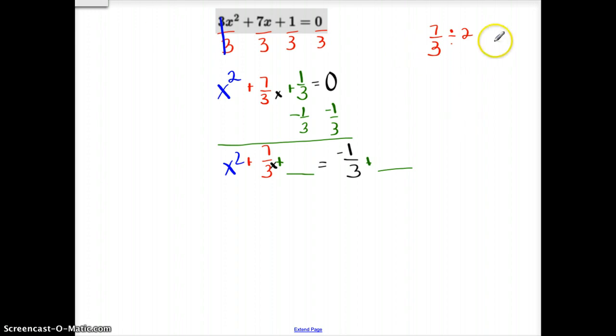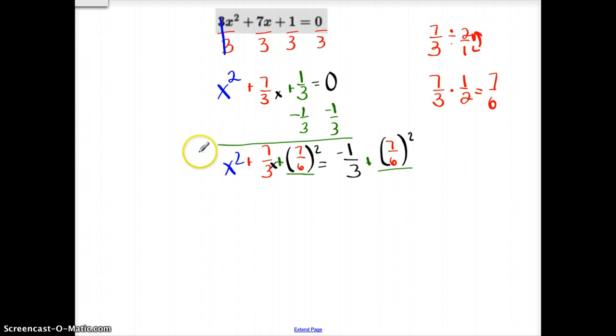So let me get rid of that. And if that's 2 over 1, which is a 2, I'm actually going to change this one and flip it over and have 7 over 3 times 1 over 2, and I can multiply straight across, 7 over 6. So this becomes actually 7 over 6 squared. Okay, now we need this number here exactly in order to give us our perfect square. So I'm going to do it to both sides, 7 over 6 squared. Now, like I said, we add this number. Okay, this number is added. 7 over 6 squared